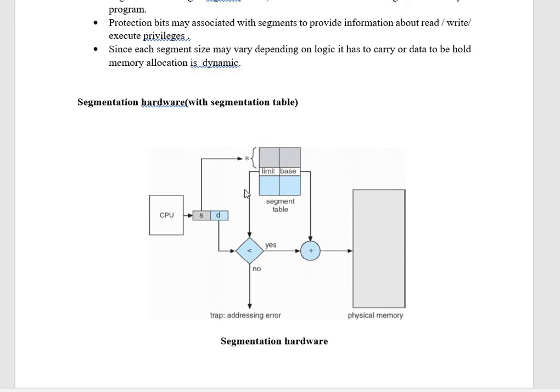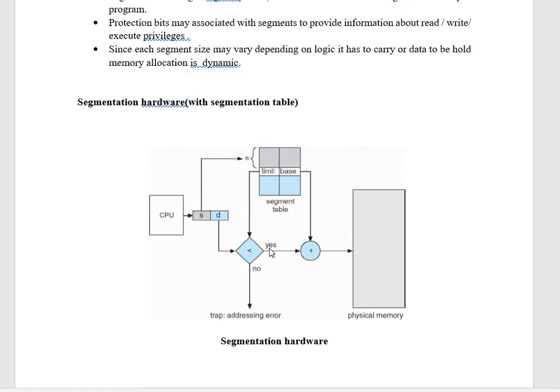Now how do you check whether the logical address generated by the CPU is within the segment's address? So how do you do that? We need to check whether the segment offset we are looking at lies within the limit of that particular segment. That's why we fetch only the limit field from the table and check it against the offset. Is this offset that we generated lesser than the limit, meaning is it lying within the limit of that particular segment?